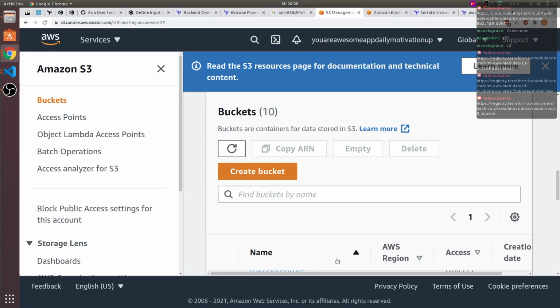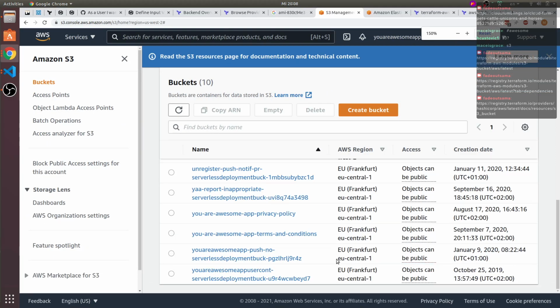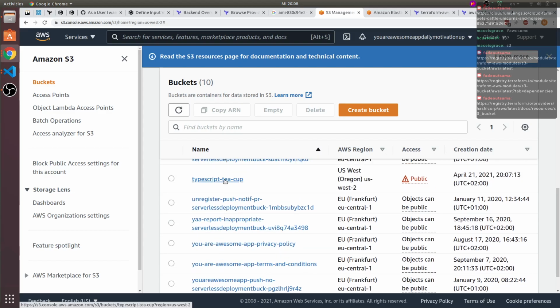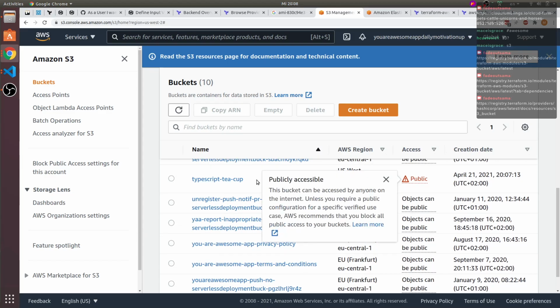No, the design is not very friendly with being adjustable. Where TypeScript T-Club, it's public.